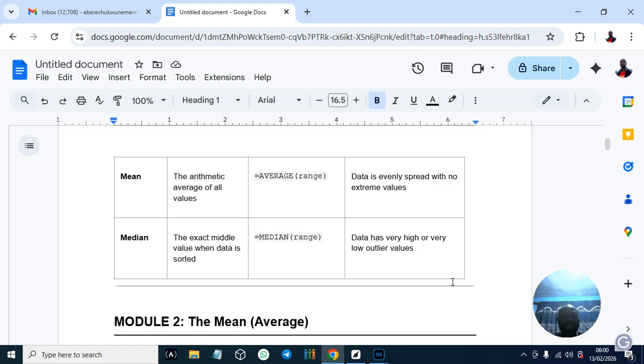So this is where median comes into play, right? You only pick the middle and it gives you the answer. When other people are earning 500,000, and you see one person earning 20,000 or 30,000, it will be as if the majority are earning high, and we see people earning low. It will affect the calculation. This is when you use median.